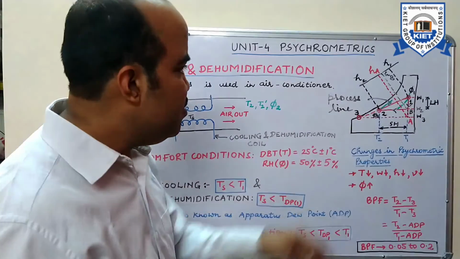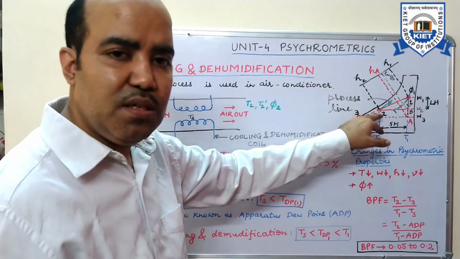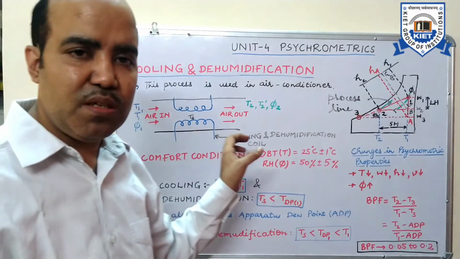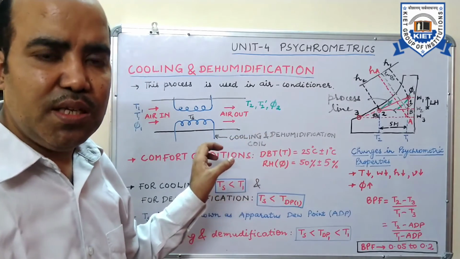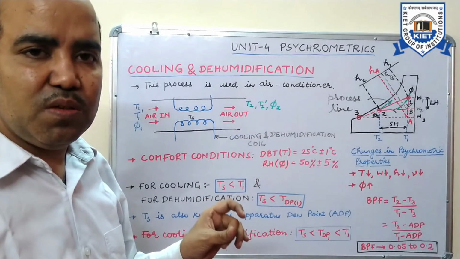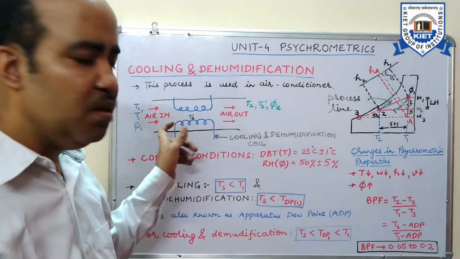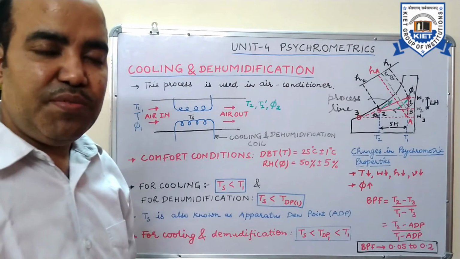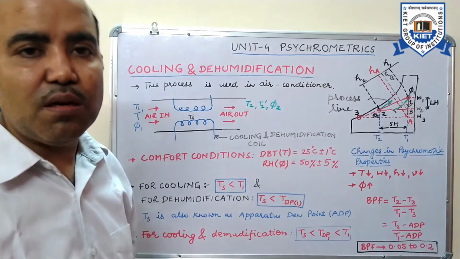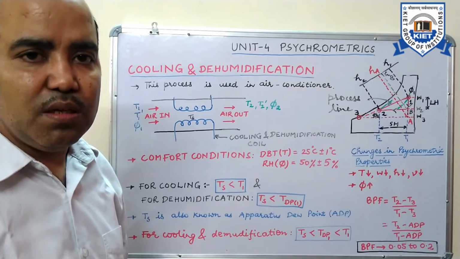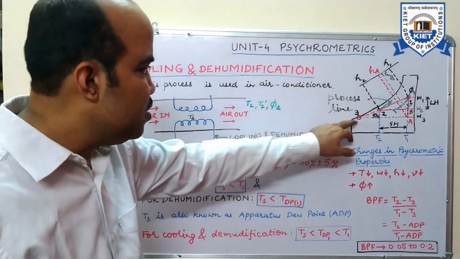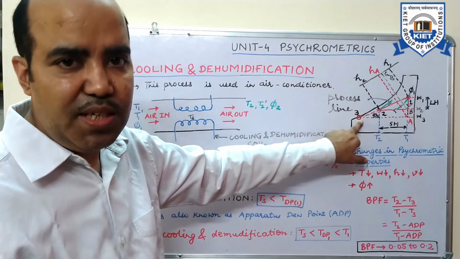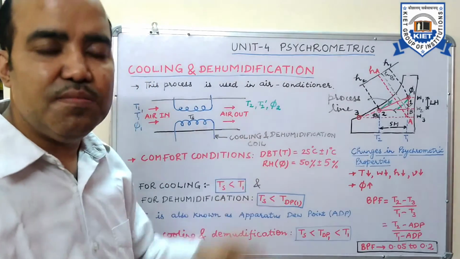Then when the air leaves the cooling coil, you know that the coils are not perfectly efficient. There will always be some amount of air which will not come into contact with the cooling coil. If there is perfect contact, that is if all the air comes into contact with the cooling coil, then we would have gotten point number 3. At this condition the air would have left the duct.